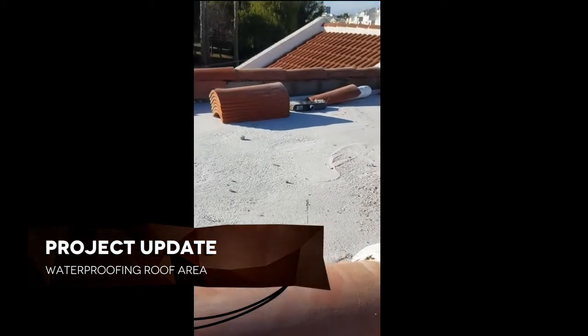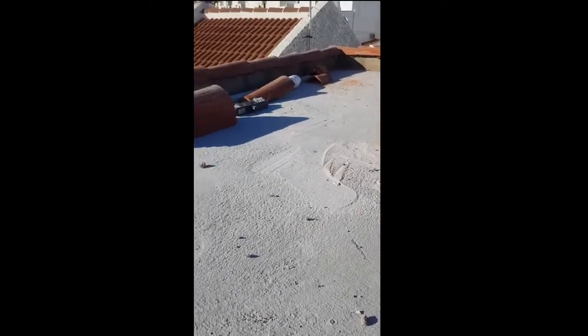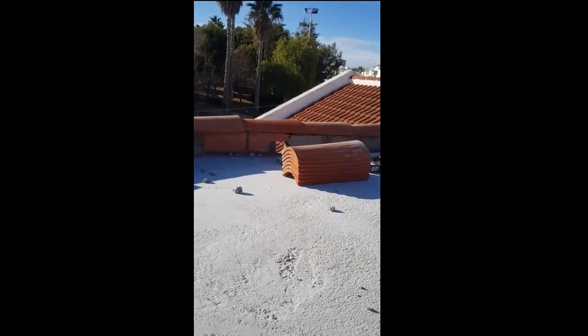Okay, we have the roof structure now completed. It's been concreted, reinforced from the previous clips or videos you've seen. Now putting the tiles on. Here we've got the water flow